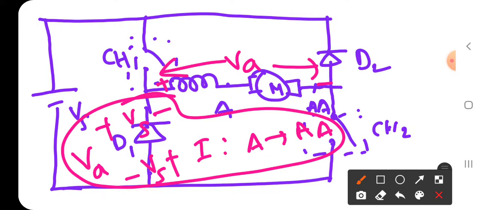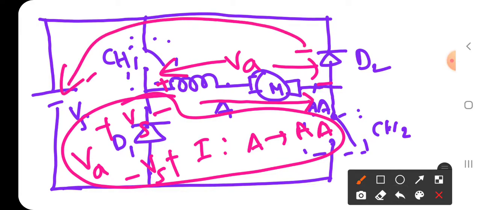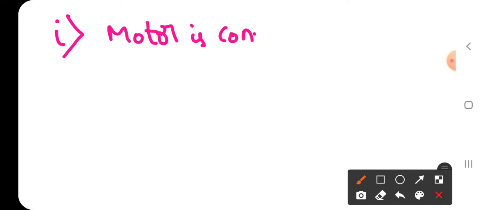The current has to flow like this, and this is connected here and here. From the circuit we can analyze that the motor will be connected to the load